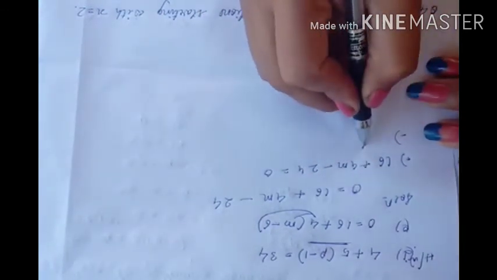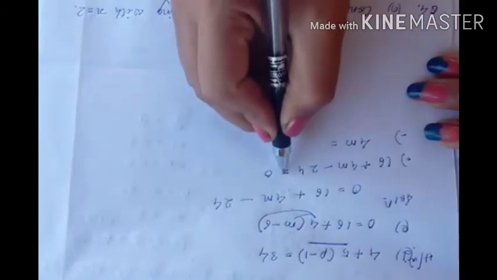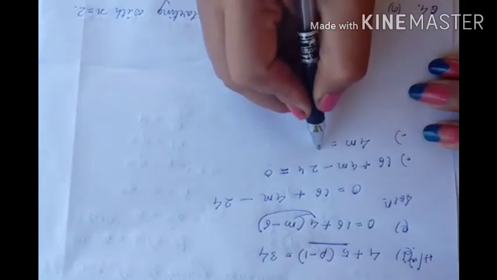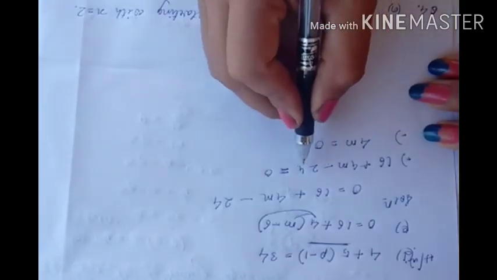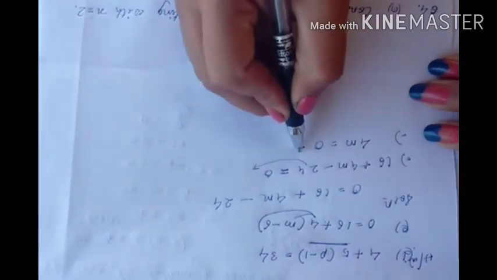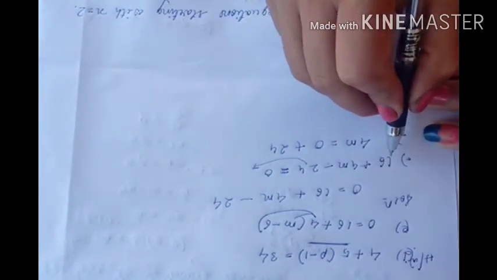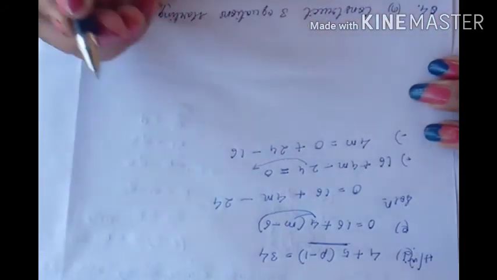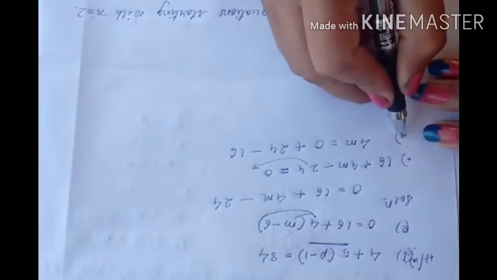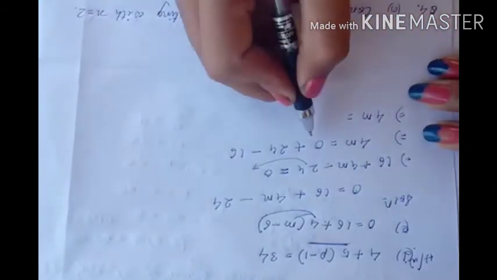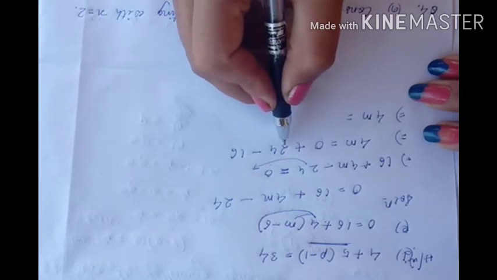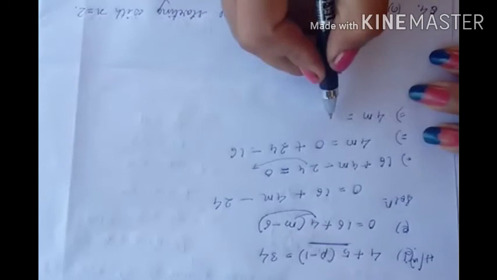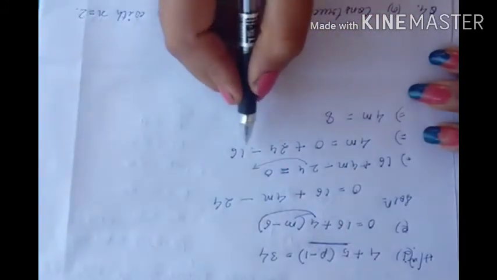Now I will write only the variable, 4m is equal to, after the equal sign, what can we say? 0. Okay, don't skip 0. So we have to write the 0 also now. Okay, now 24 will be transposed to the right hand side. It will become plus 24. Now again 16 is positive. So if positive goes to this side, it will become negative, isn't it? Now 4m is equal to, now 0 plus 24, you will get the same 24. Now 24 minus 16, how much will we get? We will get 8, isn't it? 24 minus 16 is 8.